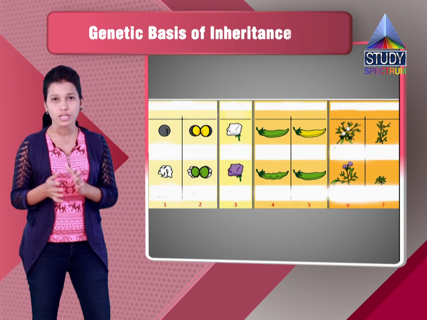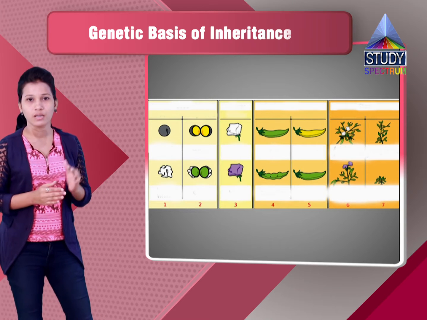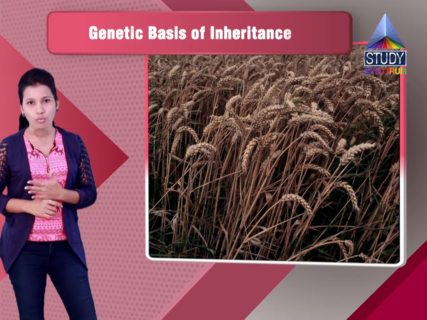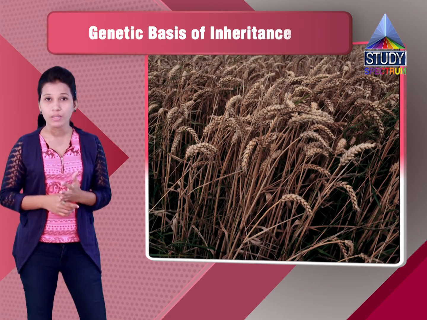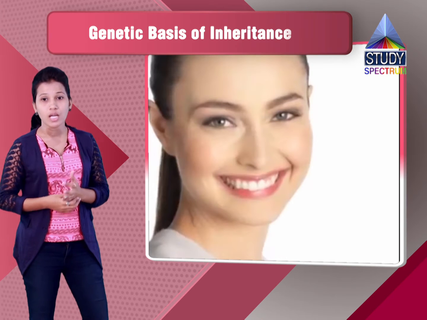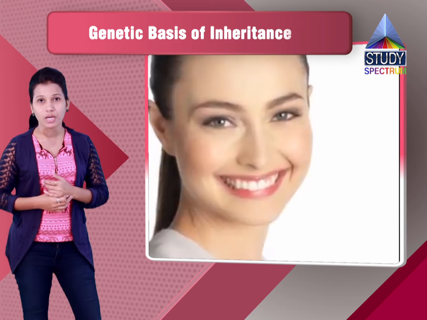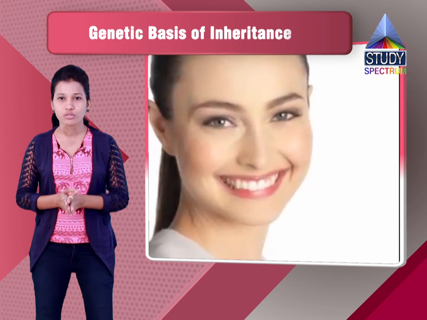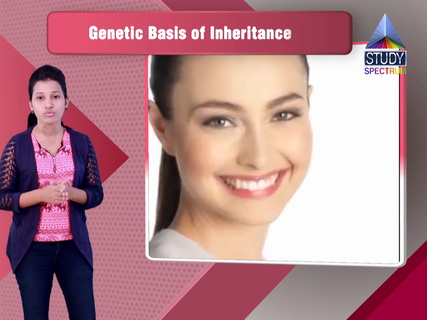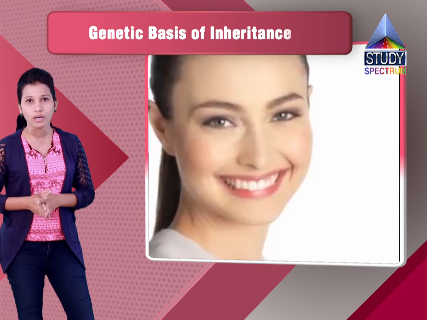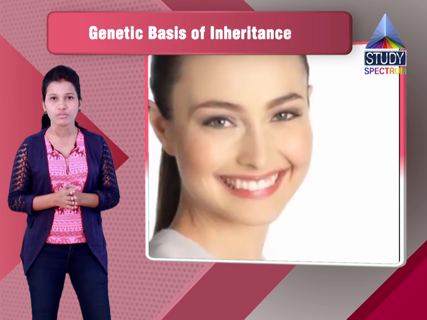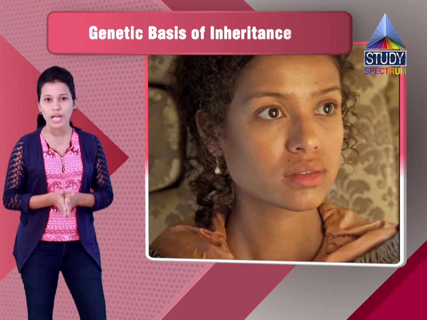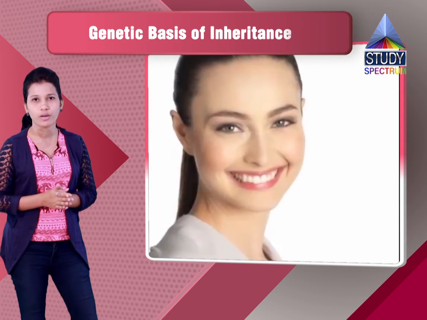The ratio is 1:6:15:20:15:6:1. So this ratio is in the sequence of 1 pure black, then 6 very dark brown, 15 dark brown, 20 mulatto, 15 fair, 6 very fair, and 1 will be completely white, that is pure white. These are all the different phenotypes which we can see: a pure dark person, very dark brown, dark brown, mulatto, fair, very fair, and pure white.